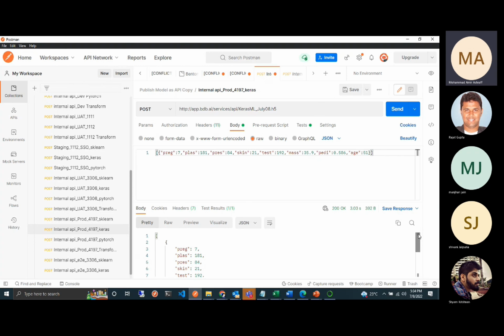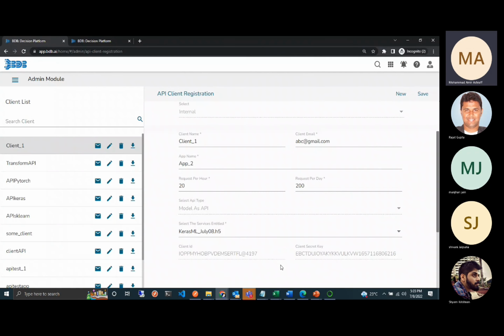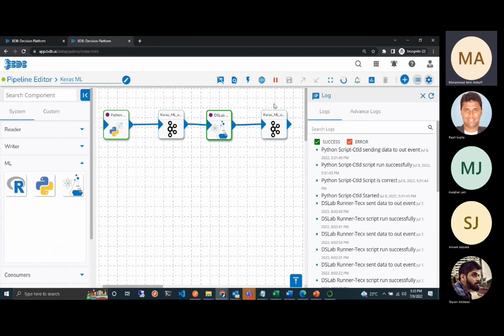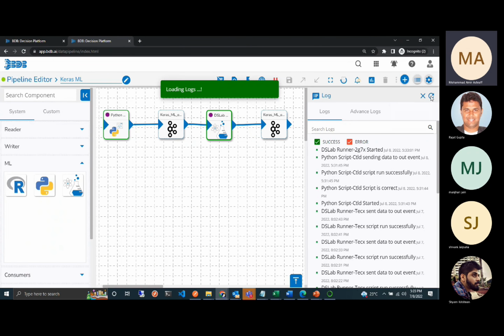the output. So the output is that it gives a prediction value here. So this is the output of the Keras model. So you can see that in the previous webinar, we had demonstrated how sklearn models can be used as an API. And in this one, we have shown how we can use Keras models as an API. And in a very similar manner, exactly the similar manner, you can use the Pytorch model as an API as well. So now we can go to the pipeline and probably just check whether our pipeline has completed execution